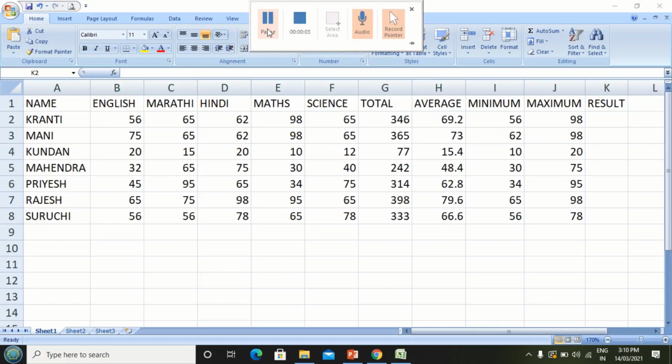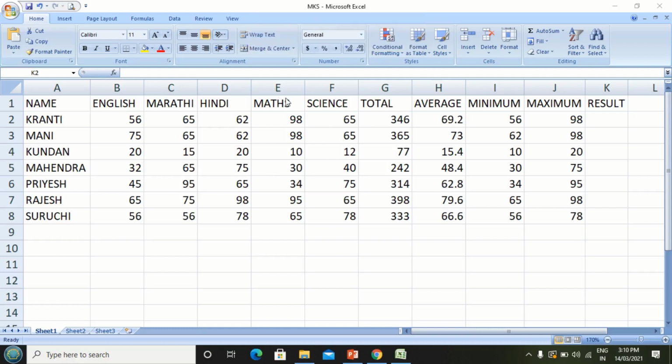Students, let's execute the if function in this example. The mark sheet I have already made in this sheet. Total, average, minimum and maximum we have learned in the previous lesson.